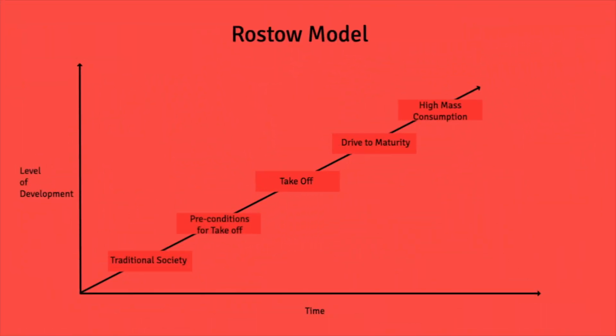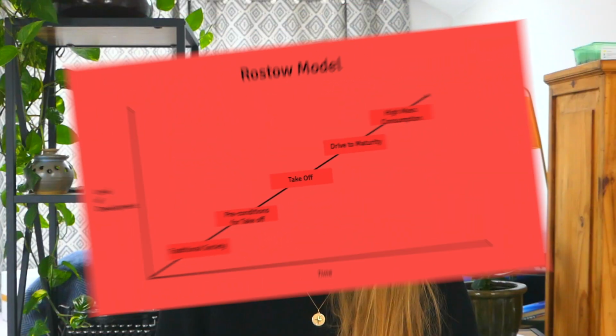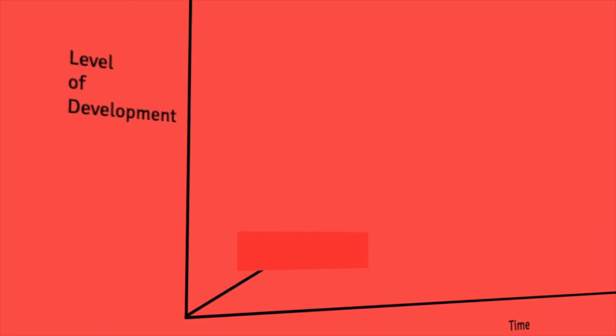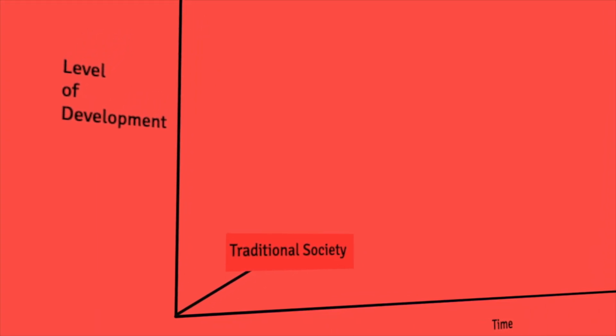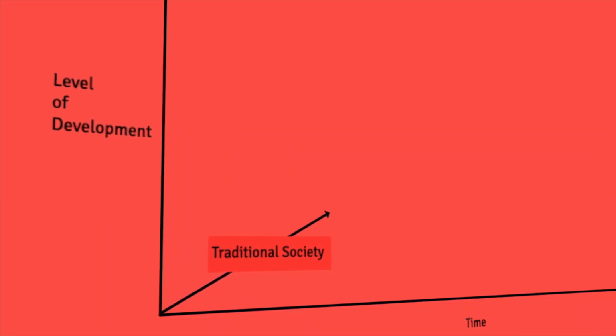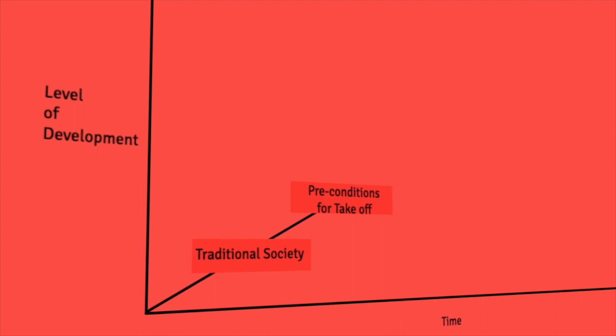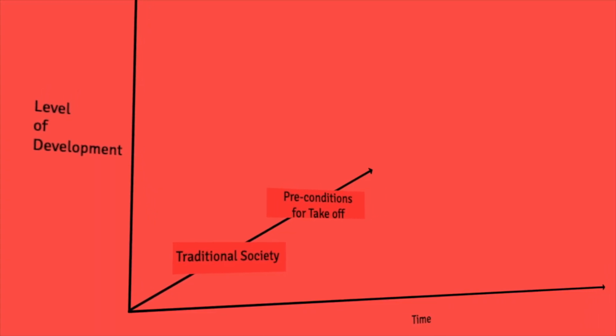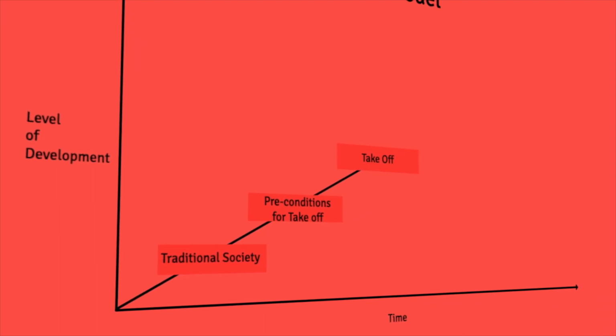It's the Rostow Model. So as a quick refresher for everyone who was looking absent-mindedly out of the window in this geography lesson, the Rostow Model depicts a linear path of economic development with 5 stages. The first stage is traditional society, which is characterised by subsistence farming or hunter-gathering. The second stage is preconditions for takeoff, whereby there are surpluses being traded and manufacturing begins. The third stage is takeoff, in which industrialisation and urbanisation increase.